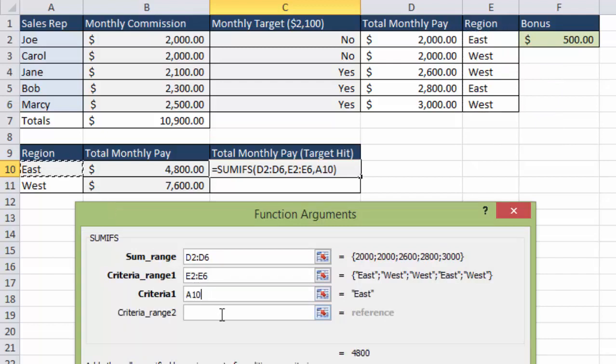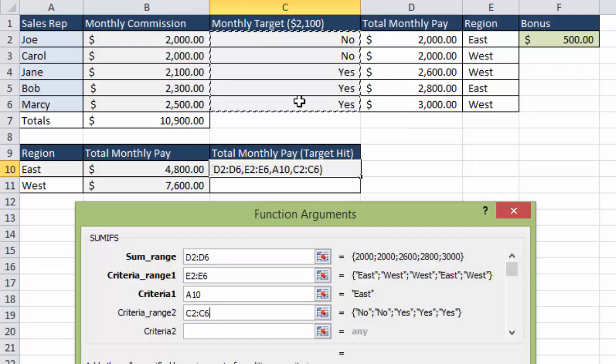And then we're selecting the second criteria range, which is whether they hit their monthly target or not. And then we're looking for the second criteria, and we're looking for people who have hit their monthly target, so yes. Then we can click OK,